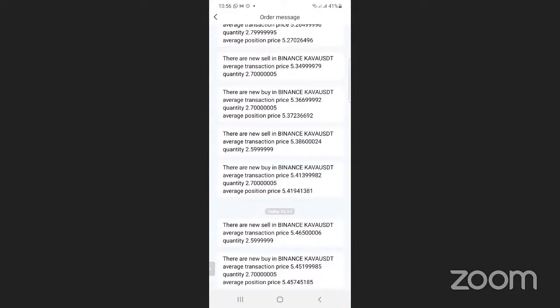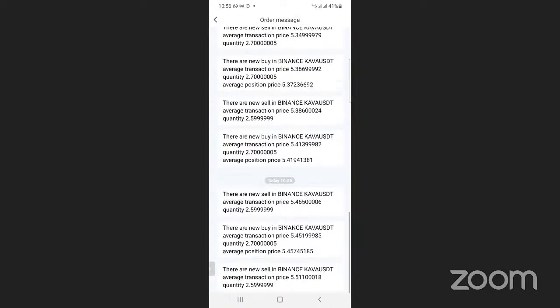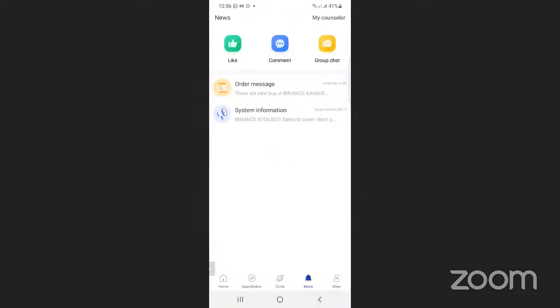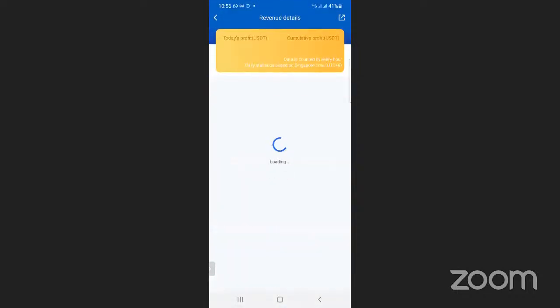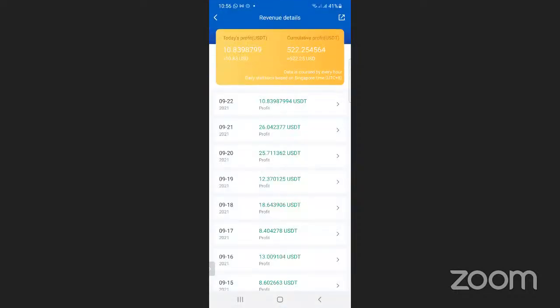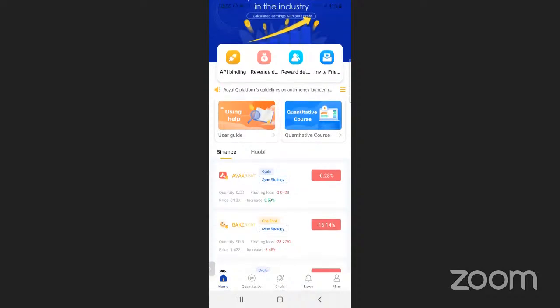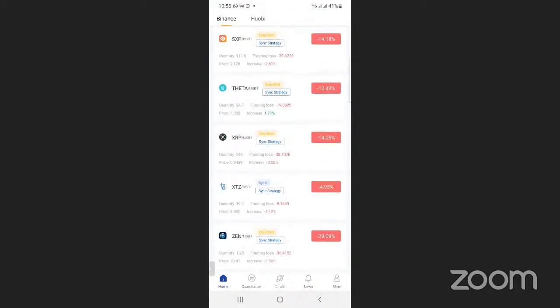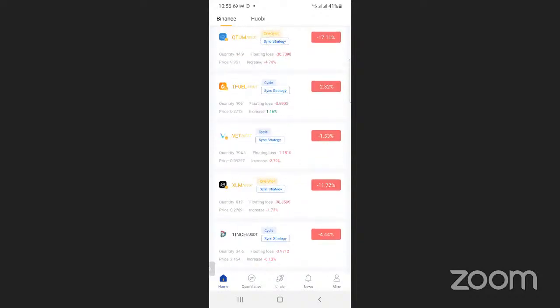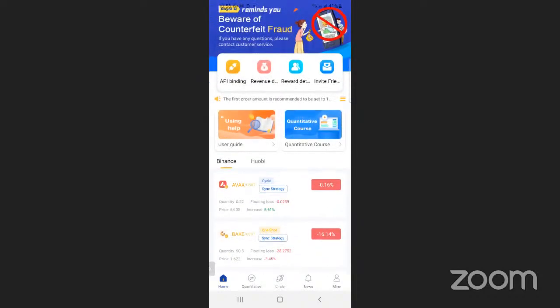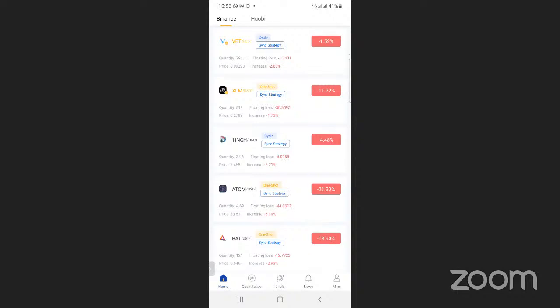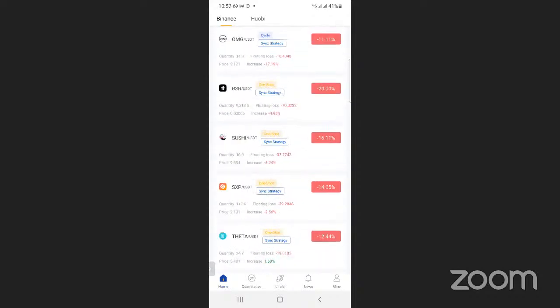You see, whenever the coin buys, it uses the current profit plus the current price to buy and sell at the same time. That's why you can continuously keep receiving profit on one coin. One coin can keep on performing. Like you see, the revenue is increasing now from $10 to 10.8, meaning very soon this will sit at almost $11. So you should never get scared of the floating loss. These coins that are floating too much, when the market bounces back, I will make 10 times the profit than I was making when they are not floating, right?